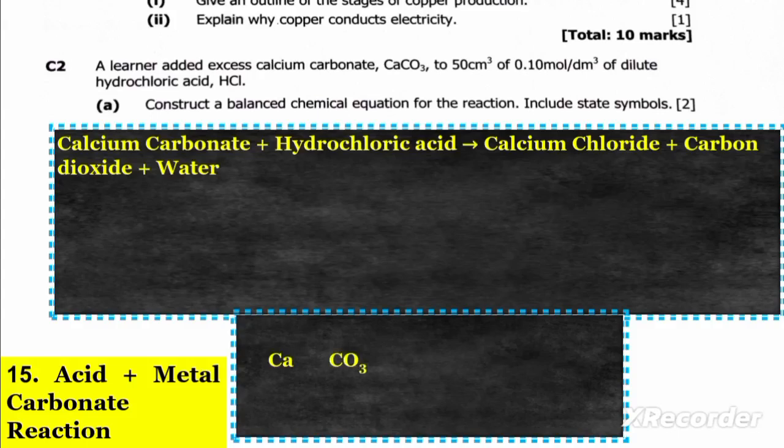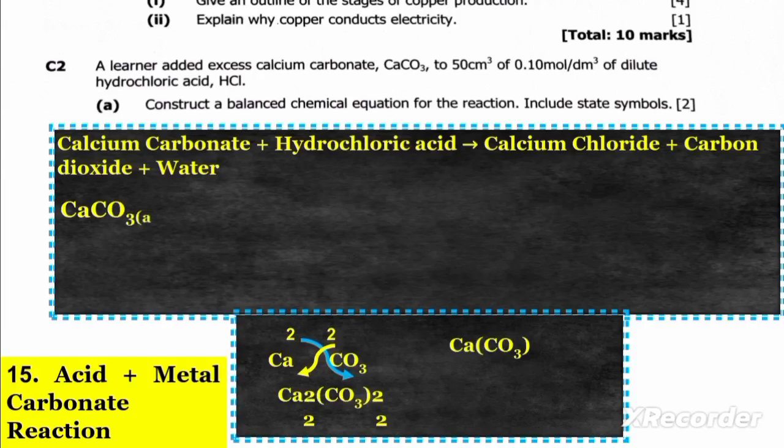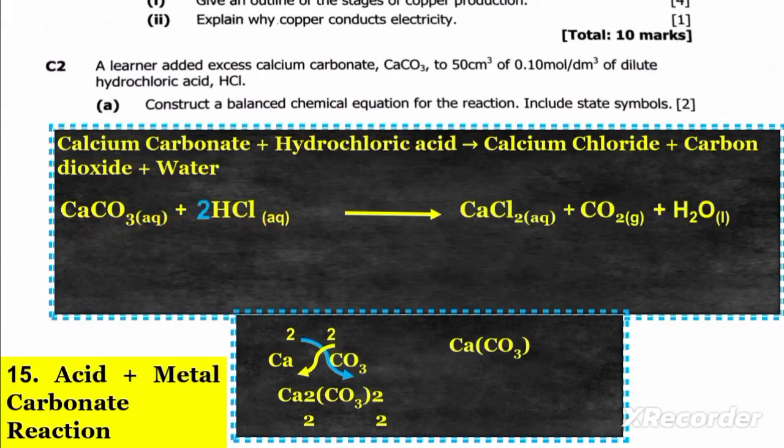Remember, calcium is coming from group 2 and it has valence 2. Carbonate has valence 2. So these two come here and these two come here. Then we are going to have this chemical formula. So we are going to say calcium carbonate plus hydrochloric acid is equal to calcium chloride plus carbon dioxide plus